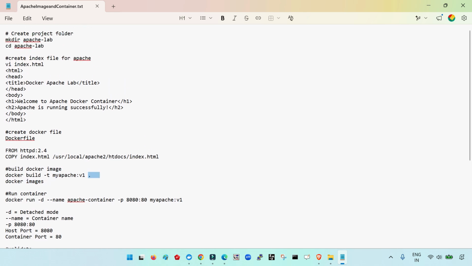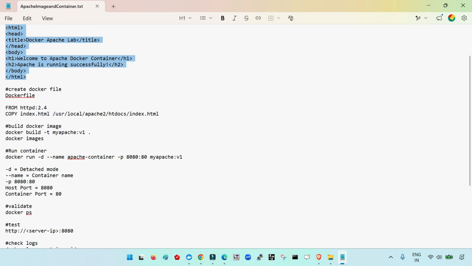See, dot means that you are going to create the image based on the content that we have inside the current directory. When we run the build command, it looks for the Dockerfile. If you specify this syntax, it will look for the Dockerfile inside the current directory. If you don't want to go with the default name, we have the -f option with which we can change the name of the file. But if you go with the default name, you can create a file with the name Dockerfile, and whenever you build the image, it will automatically look for this Dockerfile inside the current directory. Then this command will build the image,